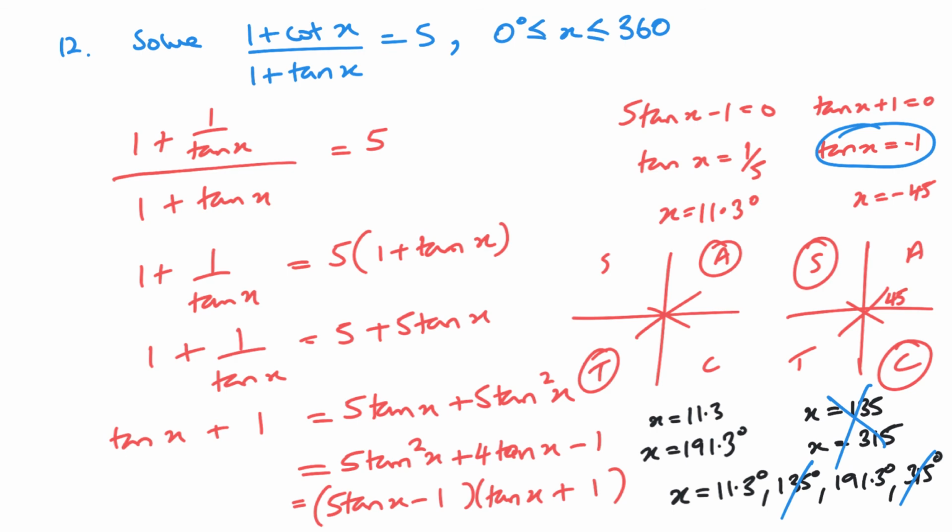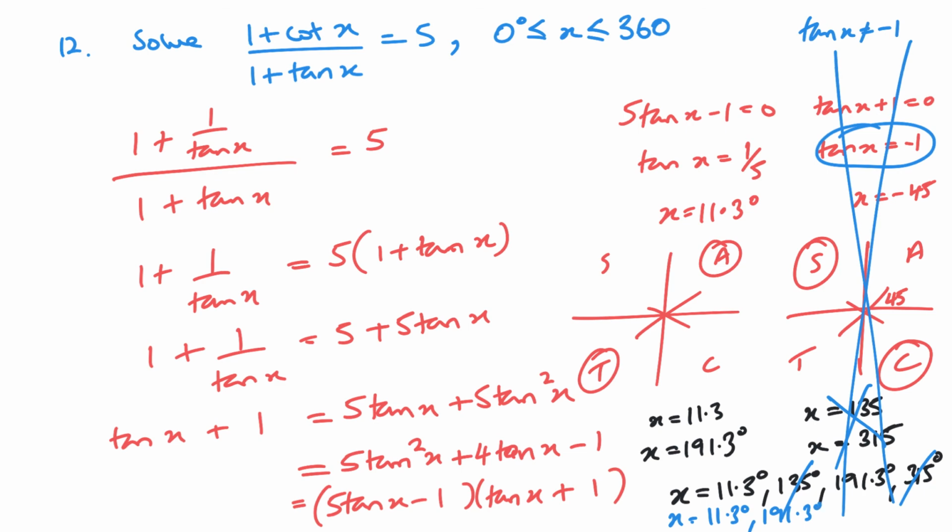tan x = -1. If I look up into my equation here, if tan x is -1, then I'd have 1 plus -1. The bottom of this fraction would be 0, and that obviously can't happen. So tan x cannot equal -1. At this point, if you notice that, you could get rid of that for that reason. Tan x cannot equal -1 because it makes the bottom of my fraction 0. Okay, and that would give me my two answers, which were x = 11.3 and